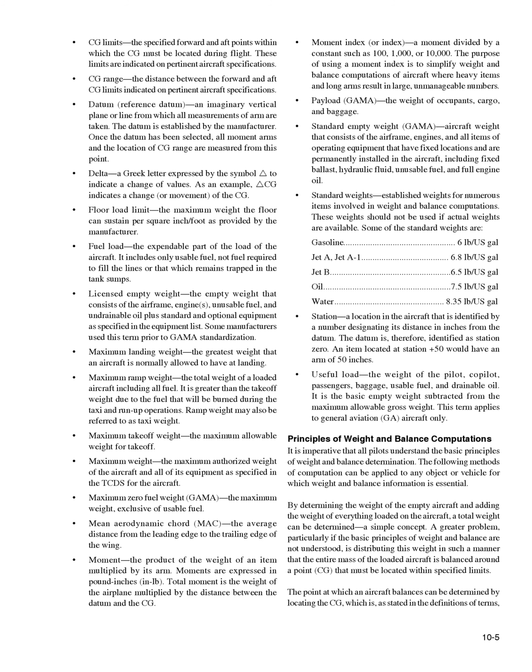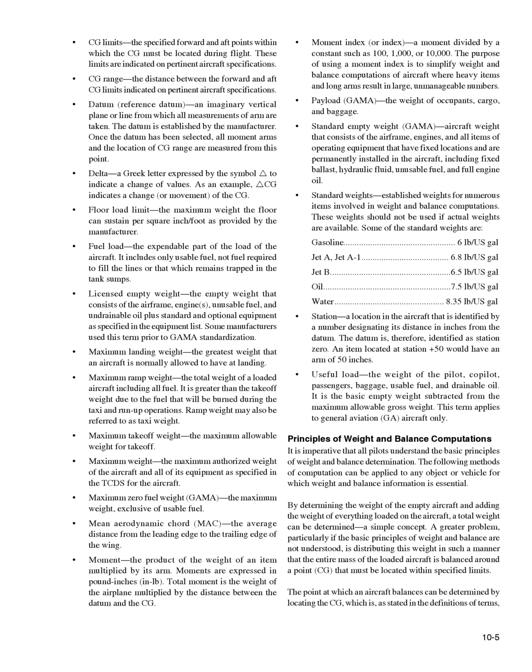Standard weights, established weights for numerous items involved in weight and balance computations. These weights should not be used if actual weights are available. Some of the standard weights are: gasoline, 6 pounds per U.S. gallon; jet A, jet A-1, 6.8 pounds per U.S. gallon; jet B, 6.5 pounds per U.S. gallon; oil, 7.5 pounds per U.S. gallon; water, 8.35 pounds per U.S. gallon. Station, a location in the aircraft that is identified by a number designating its distance